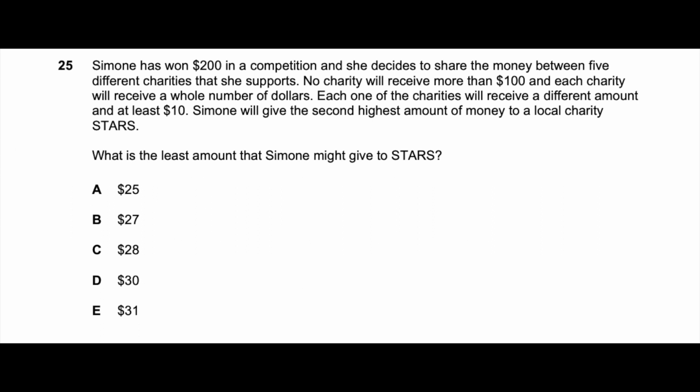This means that there is $100 which must be split between the 4 other charities, including Stars, with each charity receiving a different amount. The average amount per charity would be $25 each, but Stars must receive the most. So, the minimum that Stars could receive from Simone would be $27, $2 more than AVG, with the other charities receiving $23, $2 less than AVG, $26, $1 more than AVG, and $24, $1 less than AVG, or combinations thereof